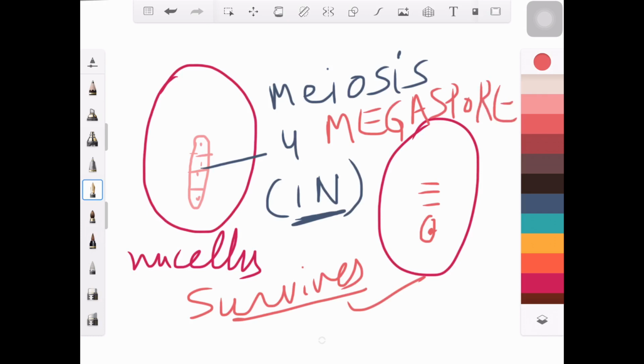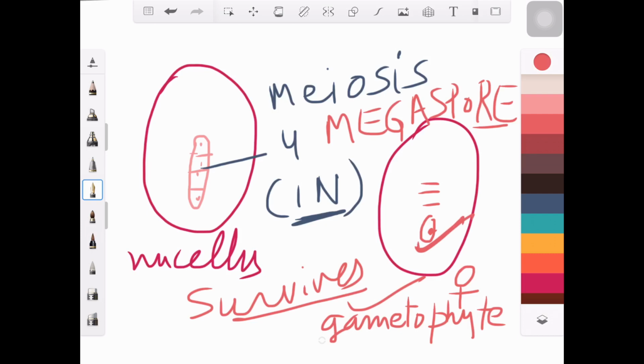This is monosporic development because only one spore is produced, the rest 3 die. A tiny female gametophyte has started growing, right? And we will come to know the details of this structure now, this single cell which is 1n in nature,